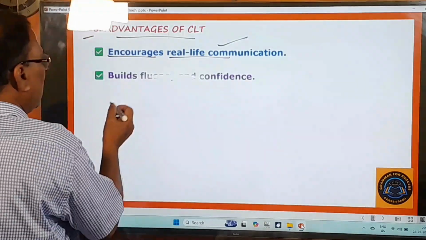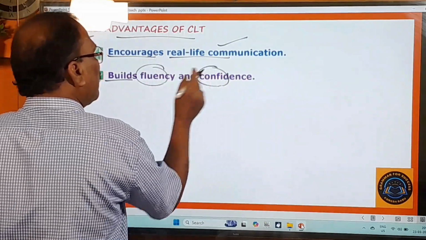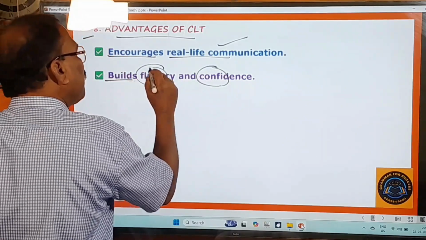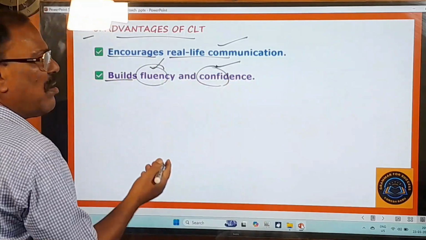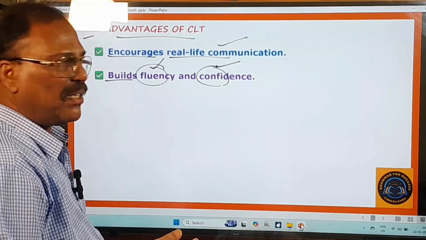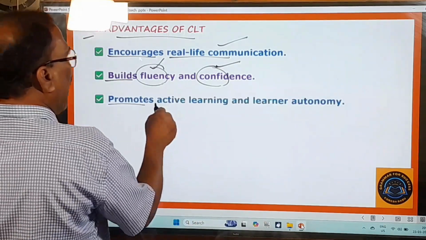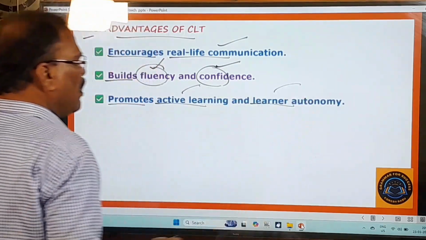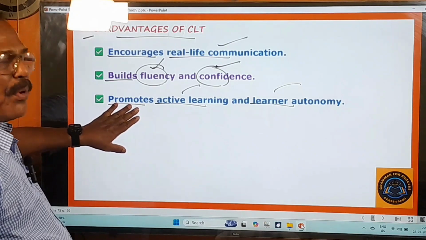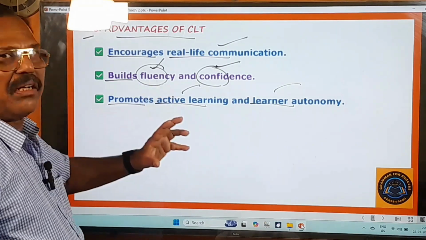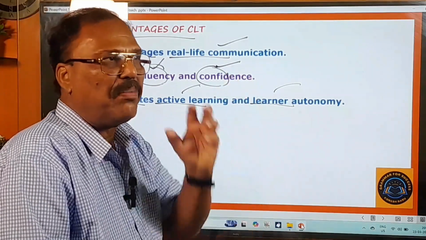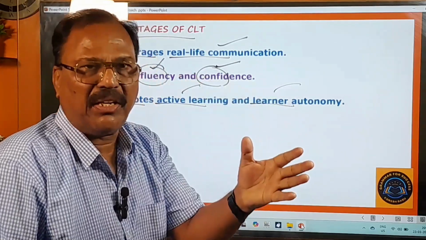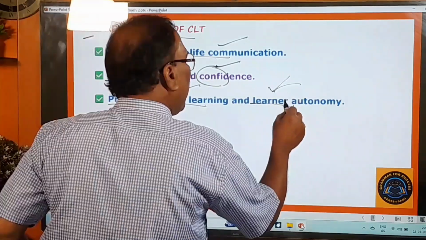That's the first advantage: it builds fluency and confidence. This CLT approach builds fluency and confidence. I need not give any special explanation about these things. And it promotes active learning and learner autonomy. So what does this CLT approach promote? Active learning. All the students in the classroom will be learning very actively, very successfully, and they enjoy